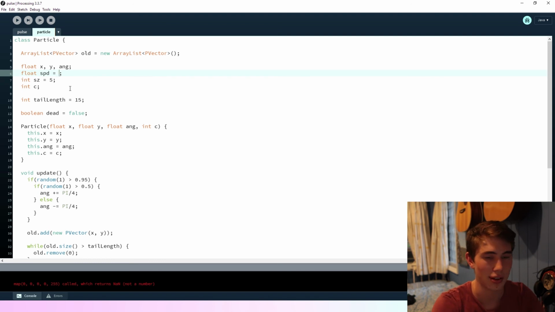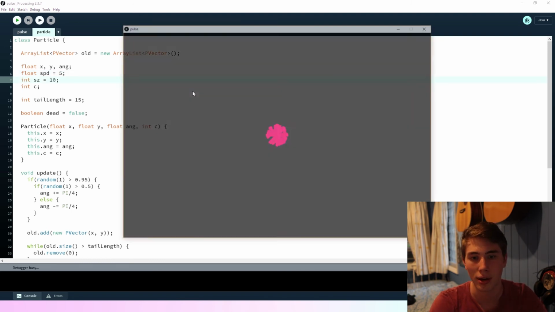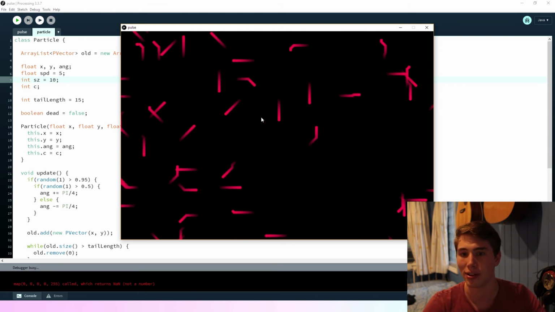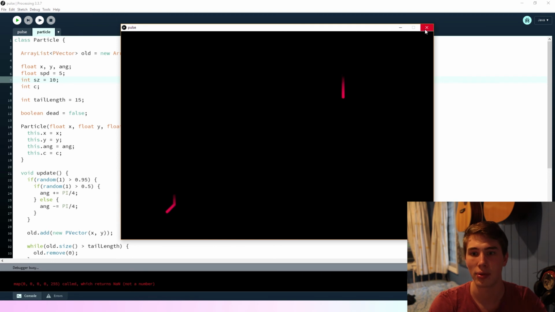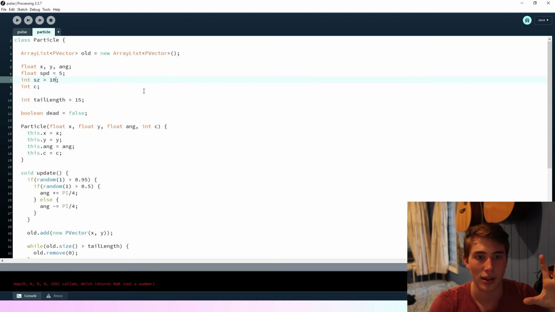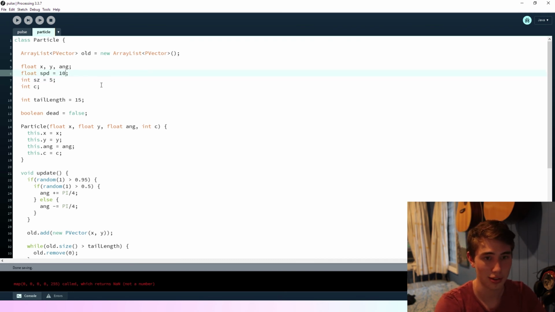Actually, hang on, instead of making them slower, I'll make the size bigger. So they'll all become like a line rather than a series of dots. So this is something, as I said, you can play around with. You can make it either a line, or you could make it really obviously dots. Increasing the speed will spread them out more, but when you do that,